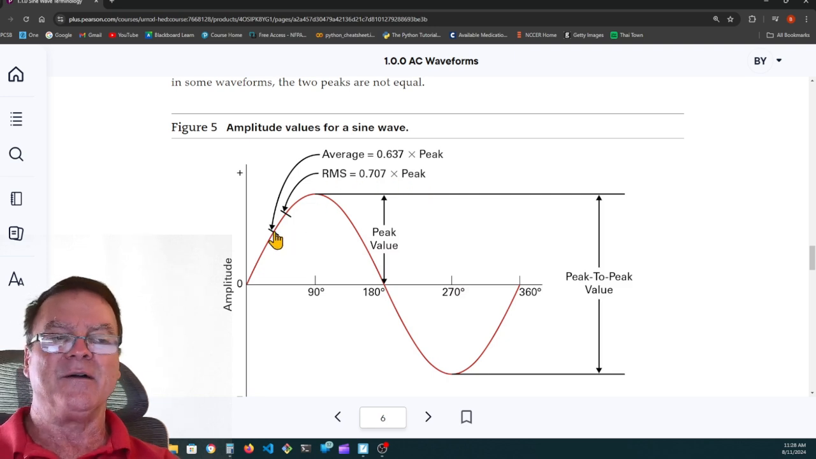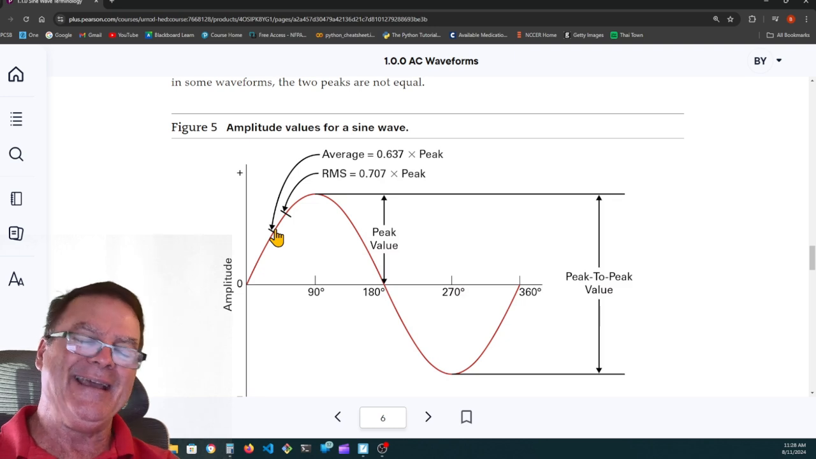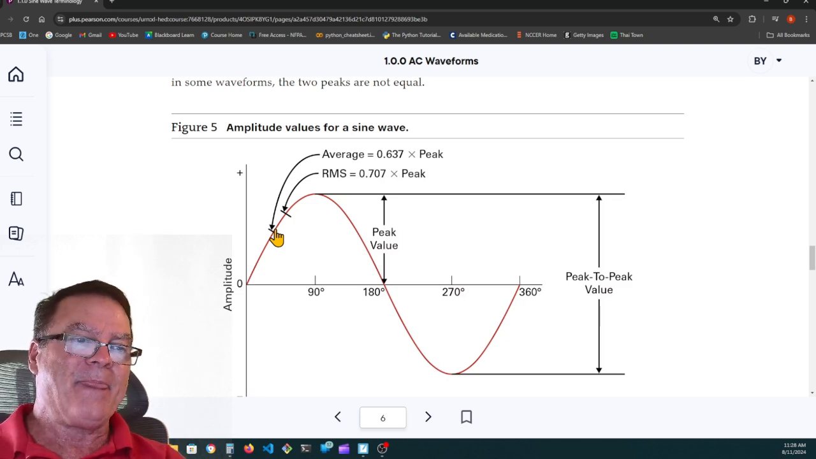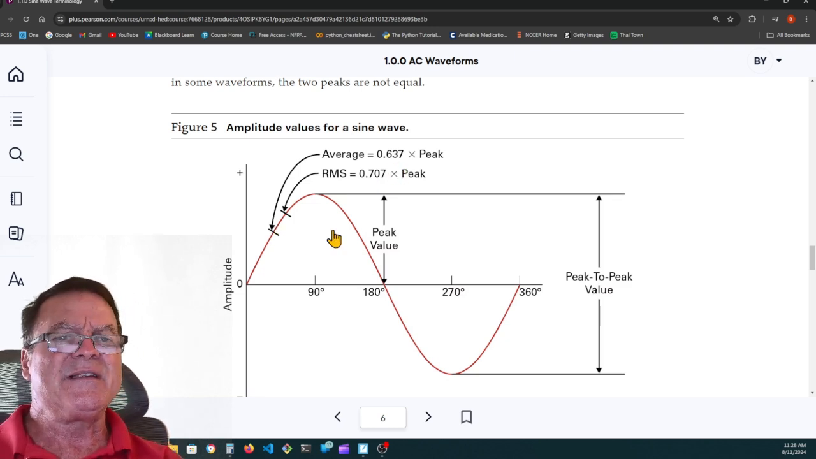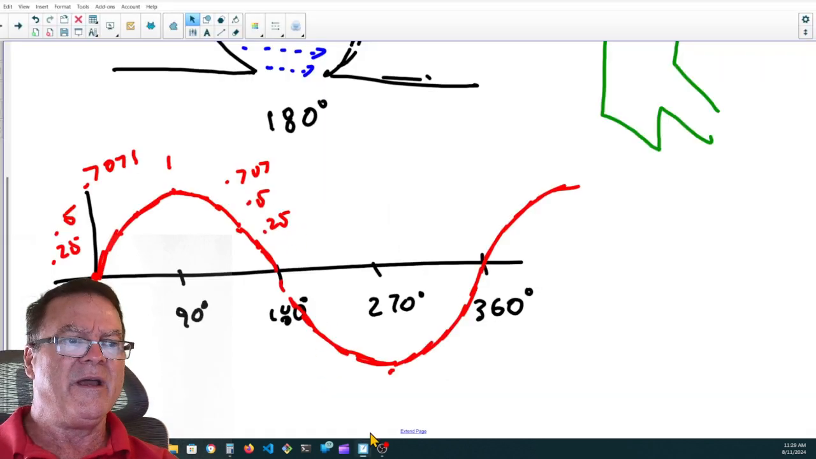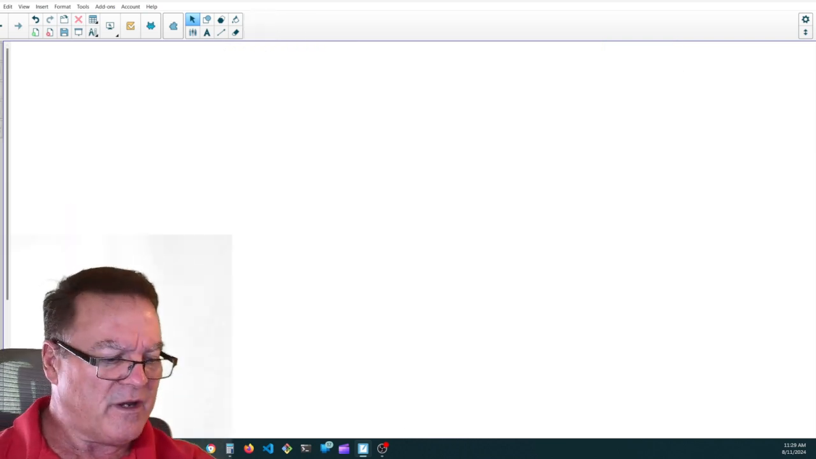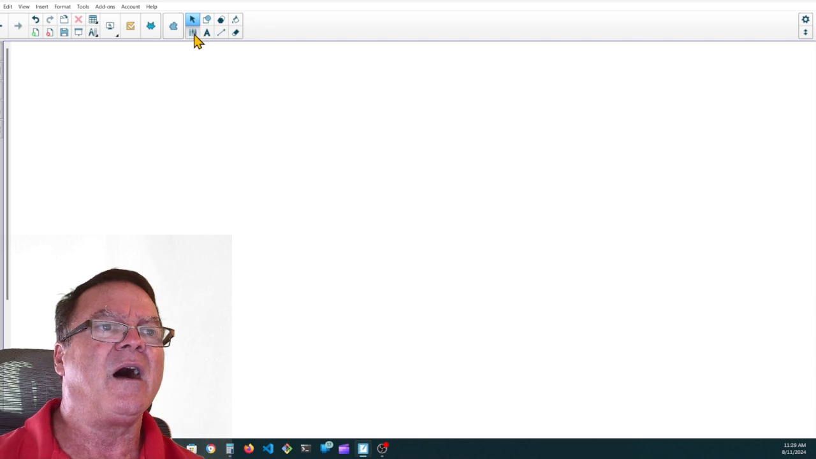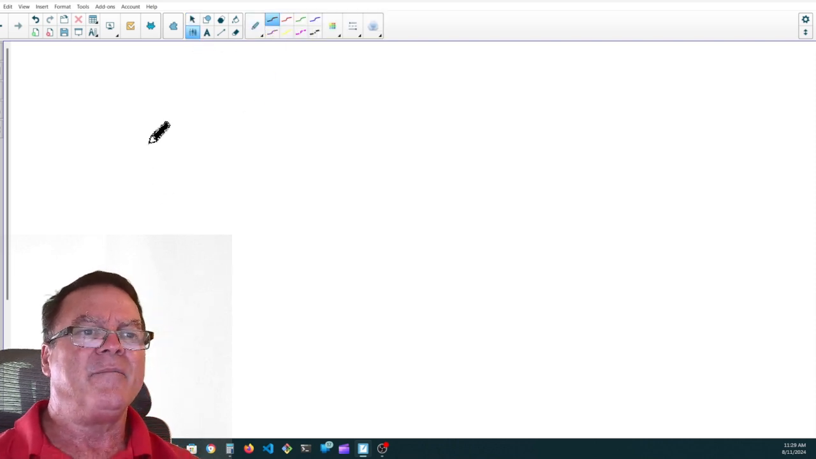Average is something else. Average is 0.637, but we only get it when we convert our AC waveform into DC. So I don't want to confuse the issue, but